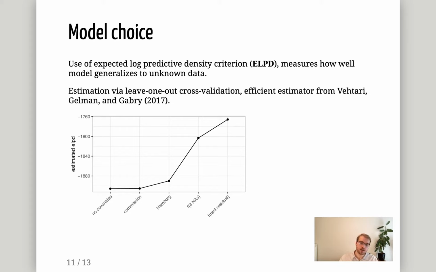The plot here shows the estimate of the criterion, how it behaves if we input several covariates. We can see that we have a very high jump for the nonlinear function of the number of missing elements, for example. That is for the elements where the person who put the advertisement on the homepage did not write in the information.